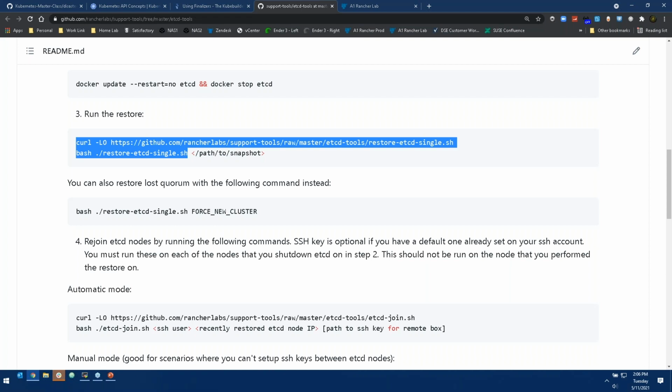Okay, cool. Let's move on here. So we have another question about backups. If you have a VM level backup, can you restore the VM backups without breaking etcd? So, and I've done this before. If, let's say, I have a 3-node cluster, and I have node 1, 2, and 3, and they're all etcd nodes, and I